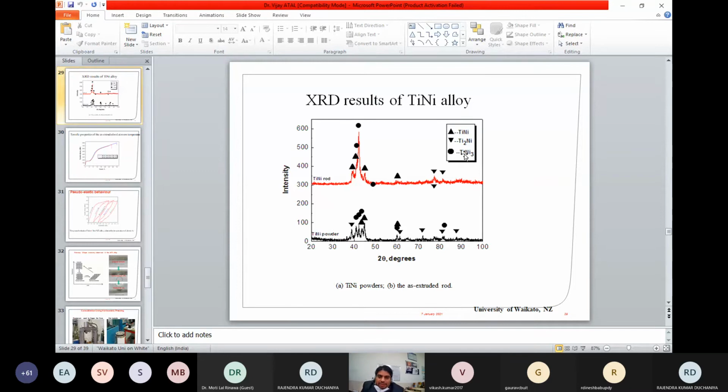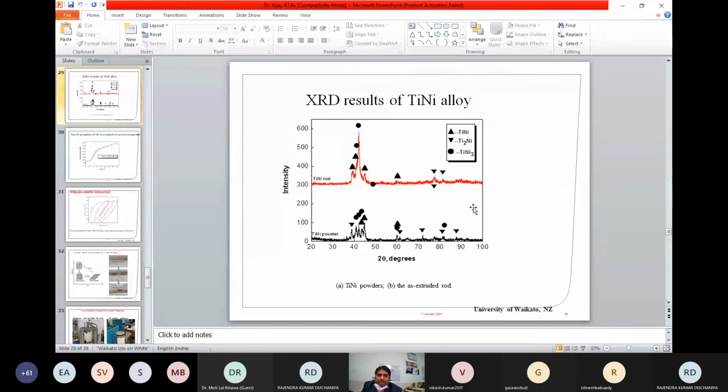Anyway, the presence of these phases can be because of the oxygen content. The presence of oxygen in this alloy made for the formation of these phases. Nevertheless, you got TiNi powders as well as an extruded rod.